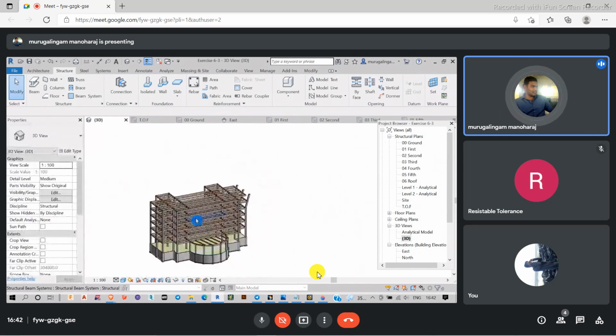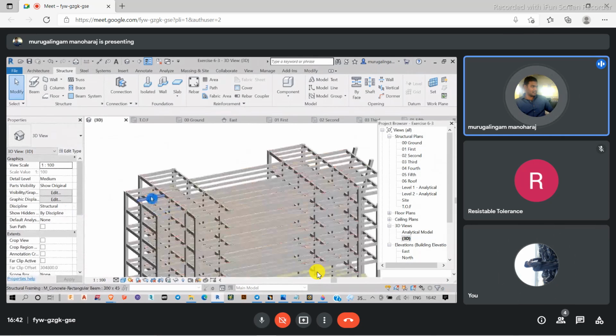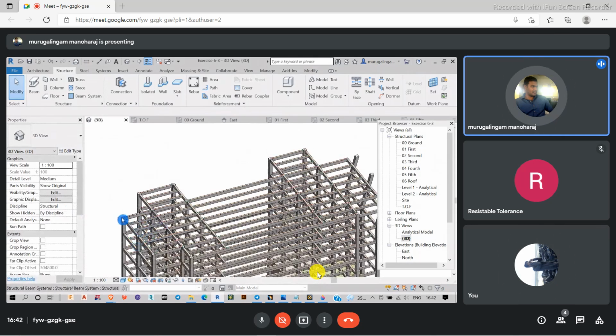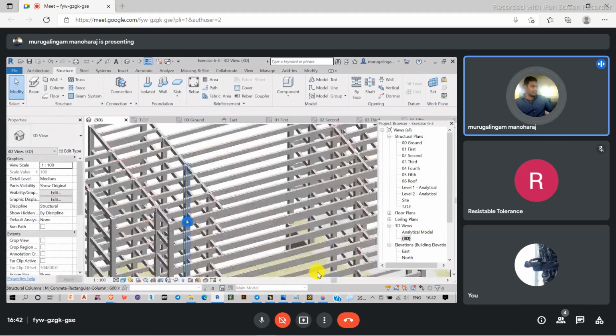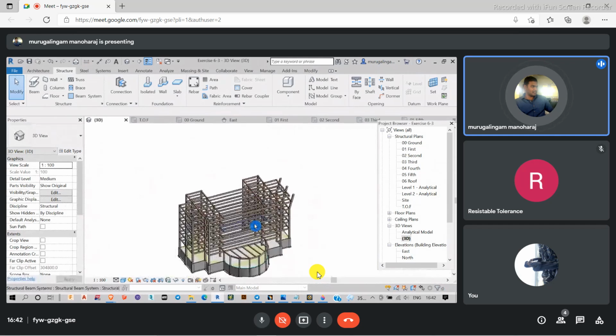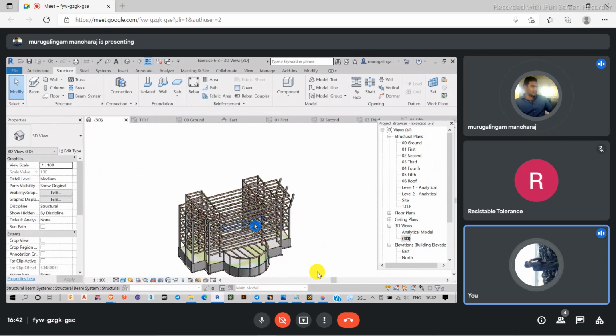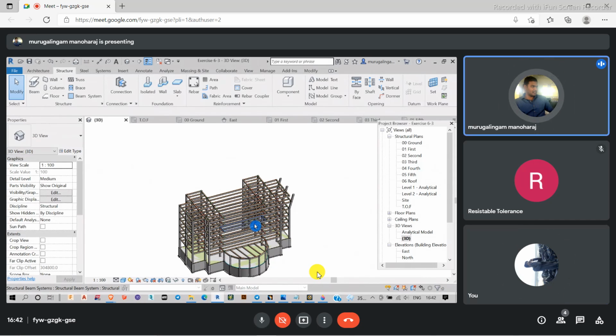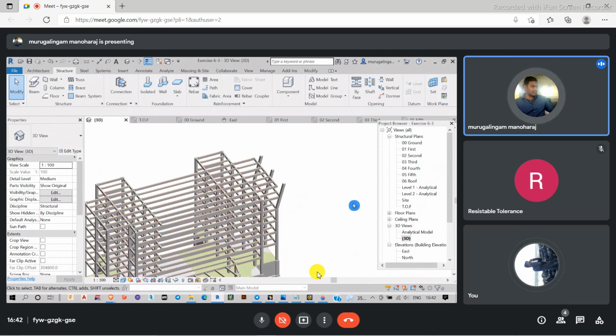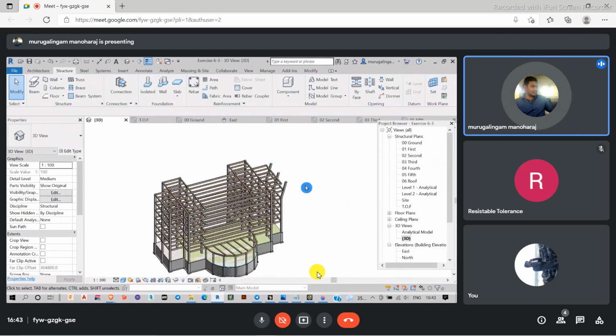In case I need to provide some staircases or lift, I have to use some tab for them. We will do it in the next class. Up to this point it was very basic only. When you are seeing the limit of architecture, the structure will be much easier. Maybe steel will be a little bit difficult because we have to understand a lot of concepts. So in this way, I can create my basic structural elements. No matter what kind of structure in RCC, I can create all the structural elements this way.